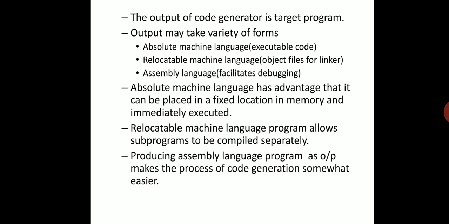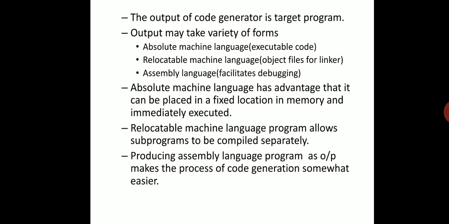Because we have seen in the language processing system, what is the output of the compiler? That is an assembly language program, and that assembly language program is taken as input by the assembler, which produces output as relocatable machine code or absolute machine code. So if the compiler is bound with the assembler, the output of the compiler is an assembly language program. If the compiler is not bound with the assembler, that is the assembler is absent, in that case the compiler will produce the output as relocatable machine code or absolute machine code.